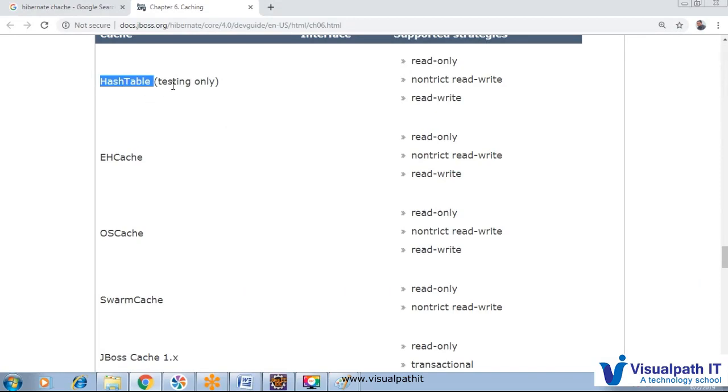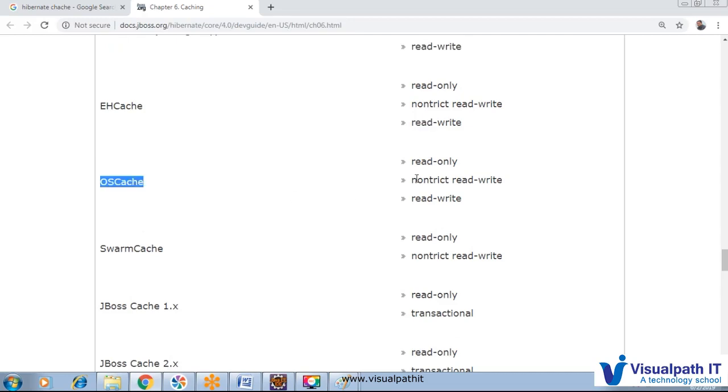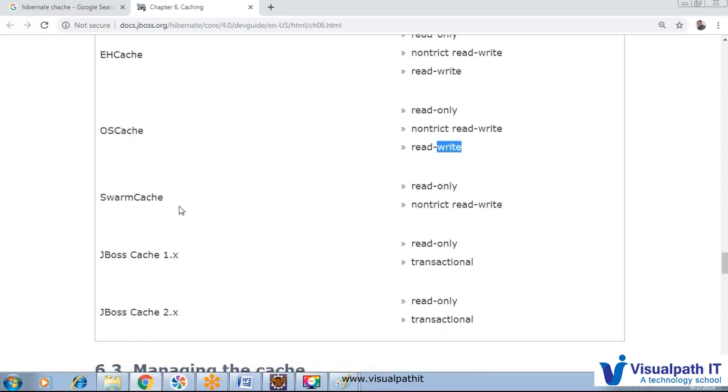The Hashtable is there, for testing only, read only, non-strict read write here. EHCache is there, that we are going to implement in our application; that is read only, non-strict read write we can apply. OSCache: read only, non-strict read write. SwarmCache: read only, non-strict.